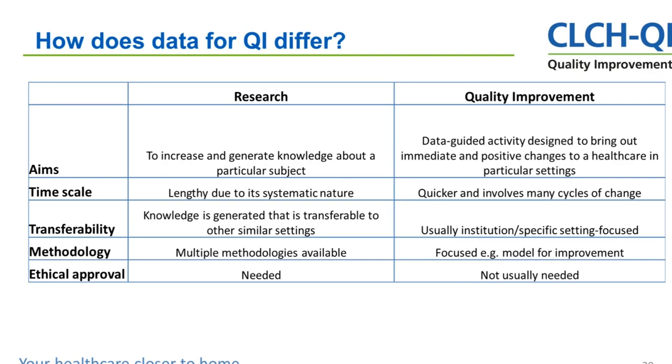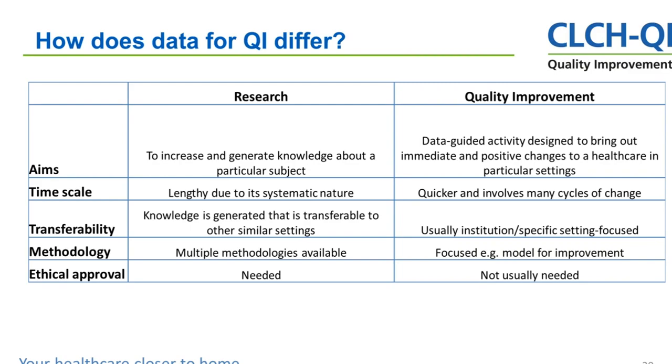To give an example, if after a monthly report a team realises that they have an unfavourable amount of pressure ulcers for patients that are getting them post-admission, this may mean that they're now guided to start a quality improvement project, with the underlying aim coming from the data, which is identifying that they need to do something to improve their services and the patient outcomes. The timescale of research is much more extensive, it's very labour intensive, and this is due to its systematic nature. Whereas quality improvement can be quicker. It involves many cycles of change, which my colleague Sid has discussed in a previous session on PDSA cycles.